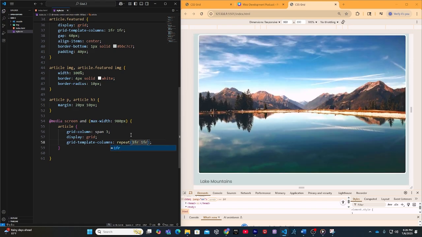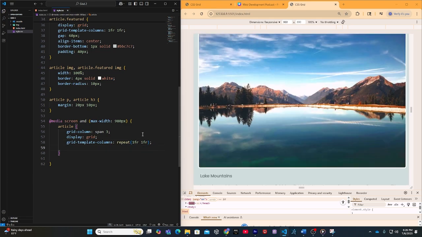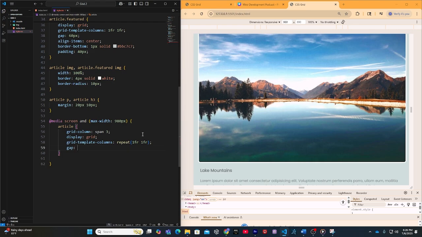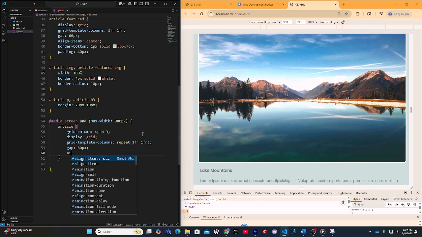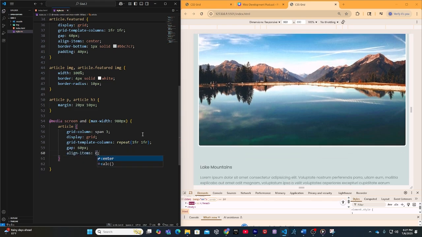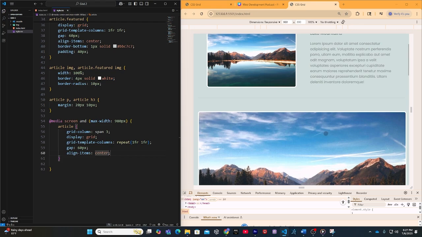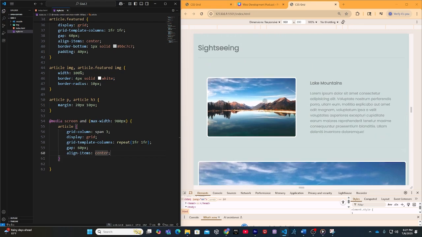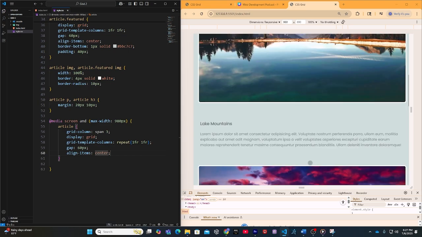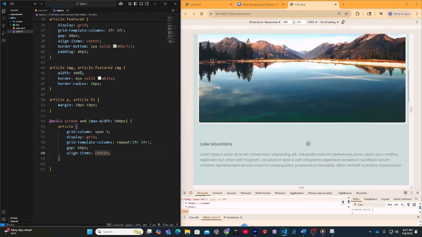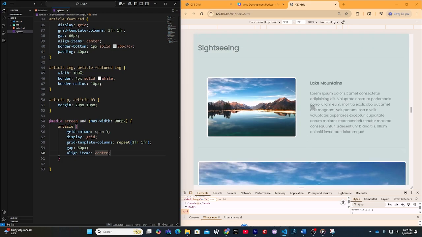So we're just adding more to the media query, and align-items. Okay, and so now this first item, which is a featured article, is different, and it did not get styled like the other three, because we want to keep this featured item like this, and then we're going to change it